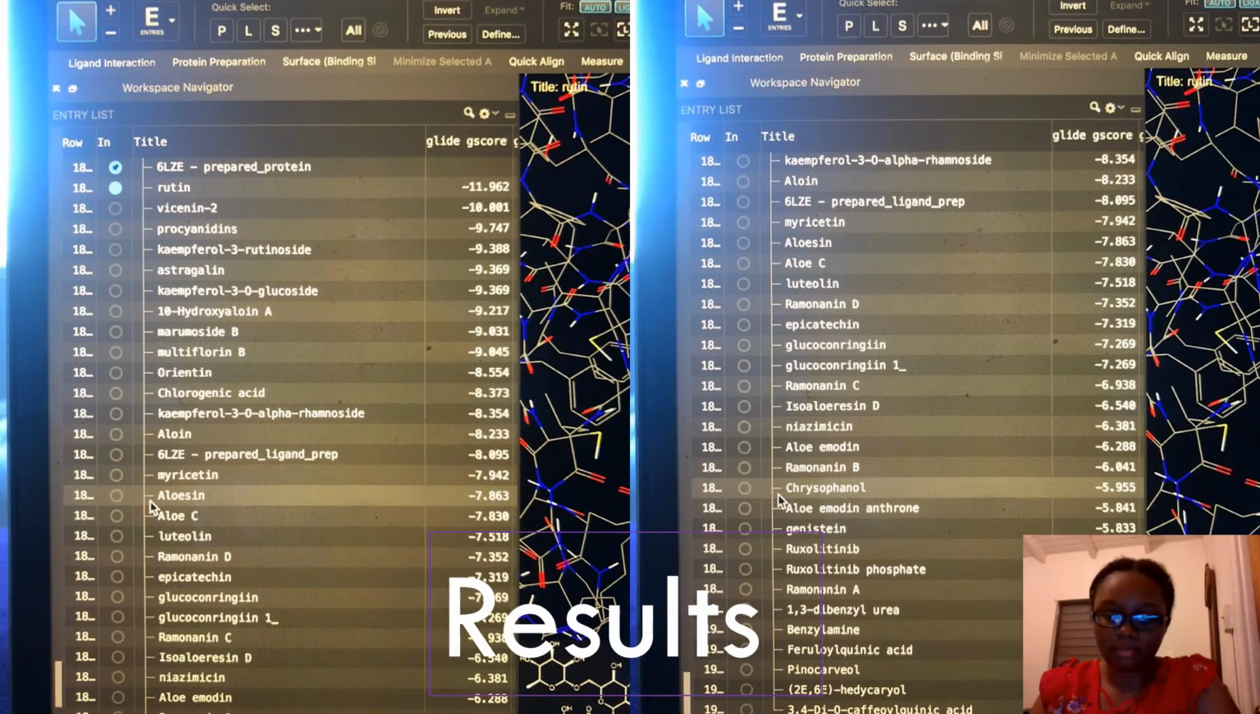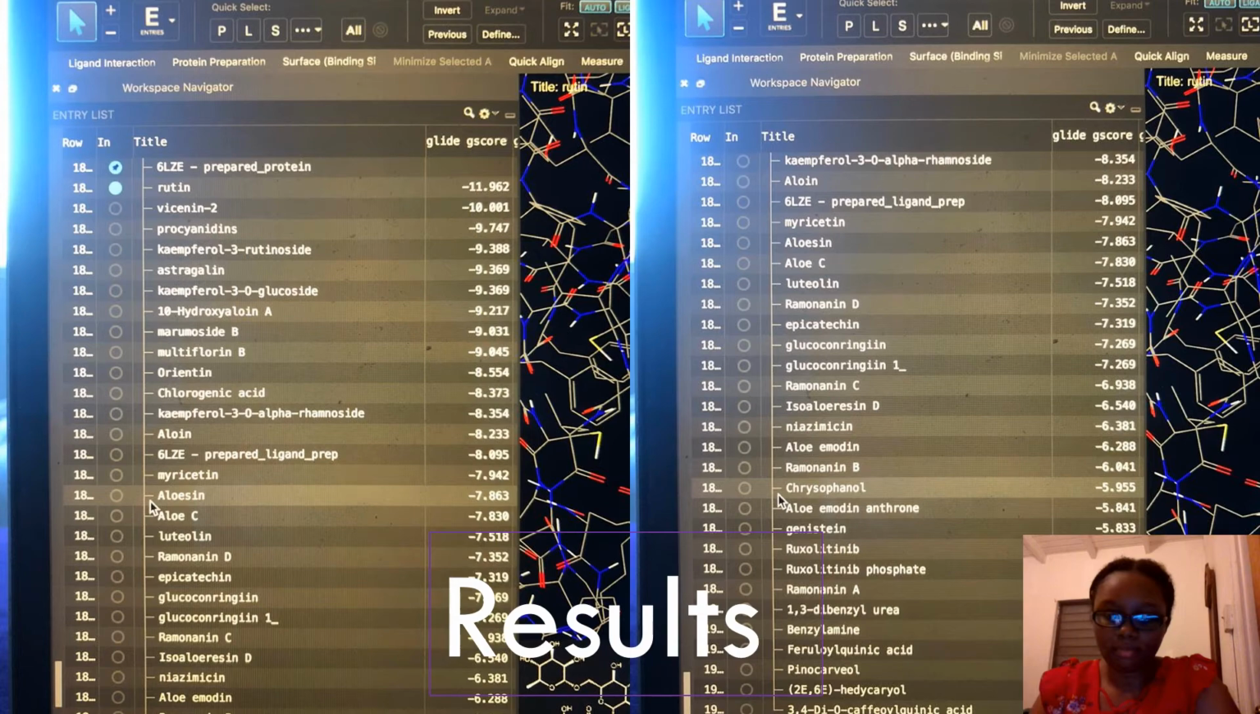So on this slide, this shows the results from my docking studies. In the previous slide, there were 125 compounds in total, and I docked all 125 compounds twice, first in SP mode and then in XP mode. Basically, XP mode is more in depth than SP mode. So after I docked those compounds,